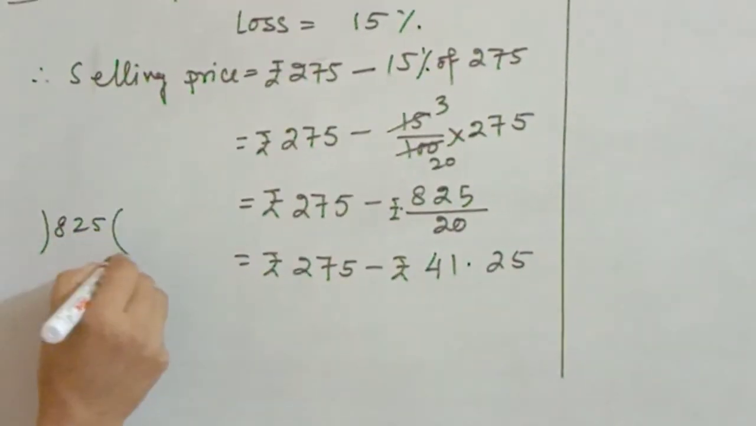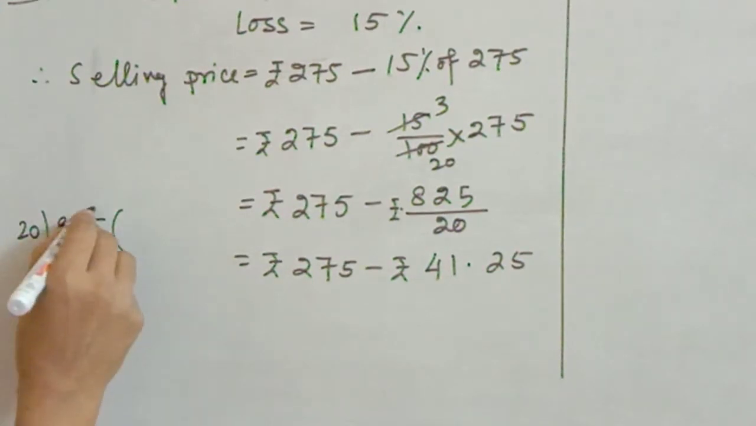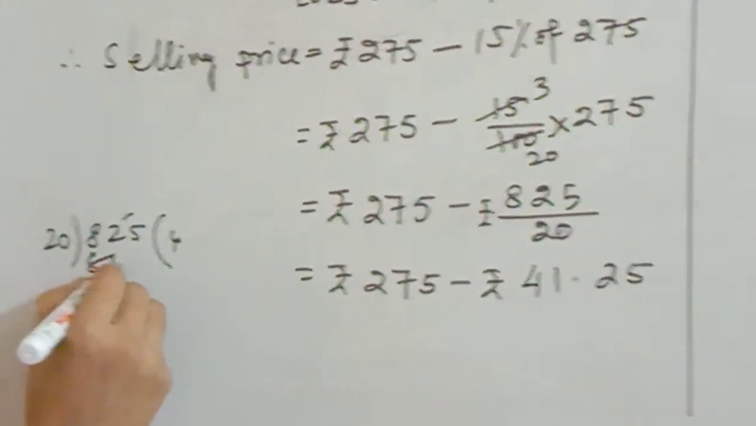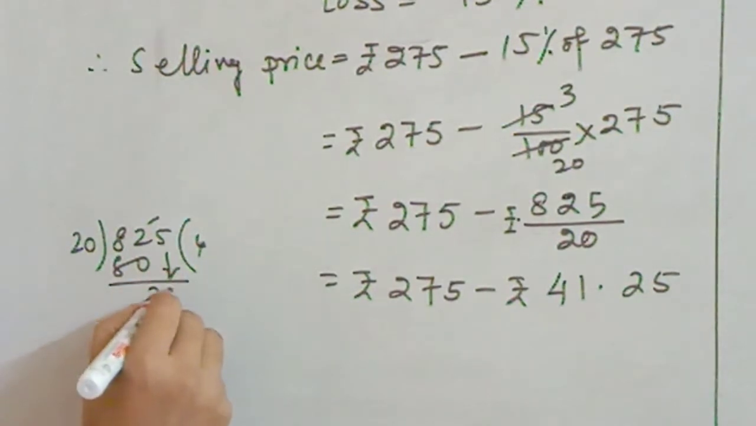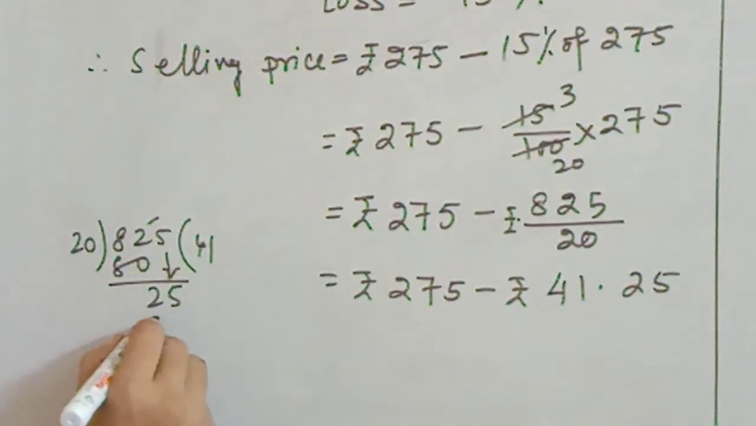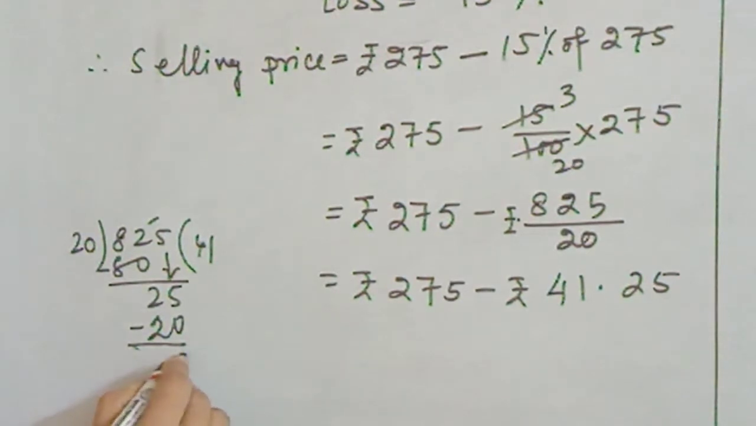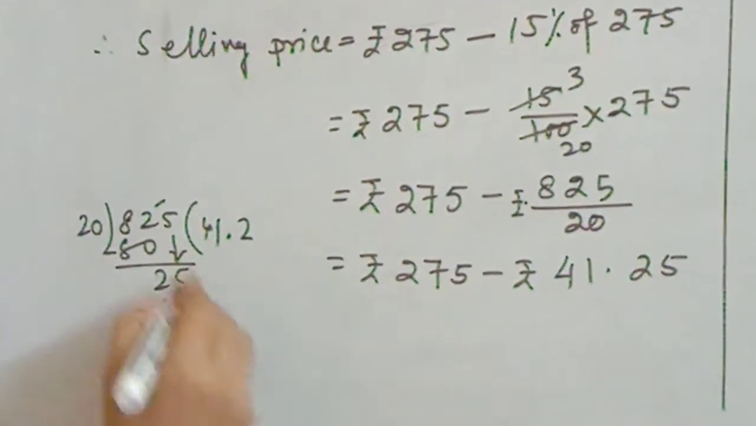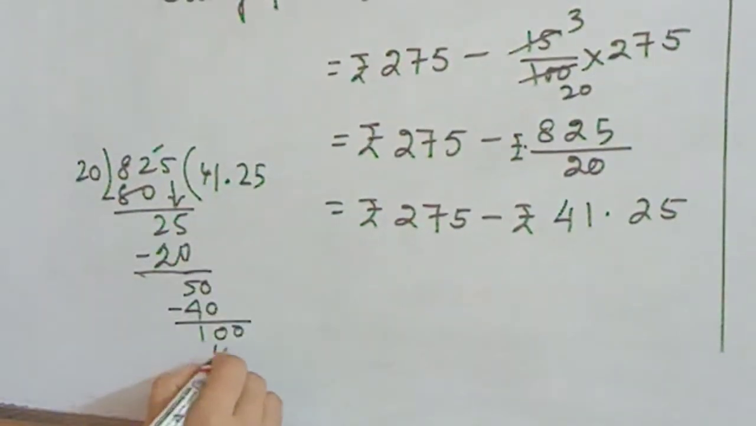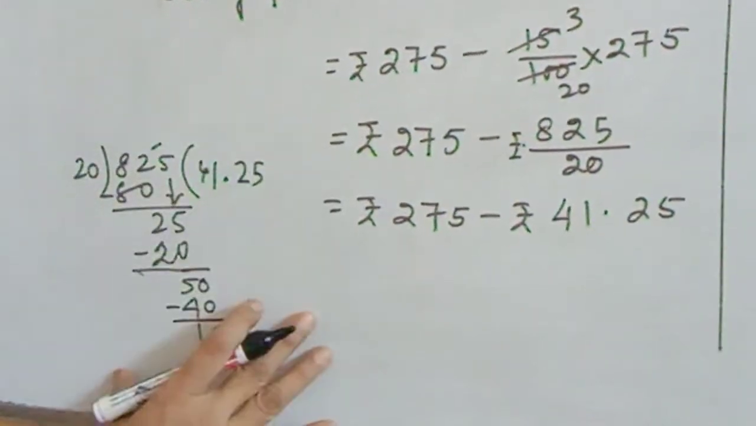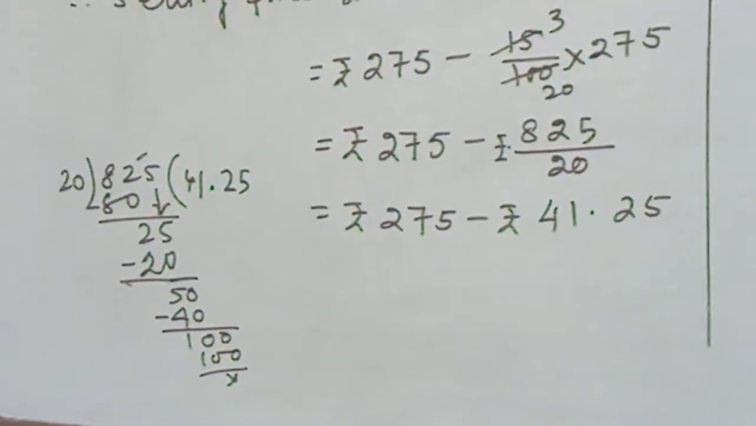825 by 20, 4 20s are 80, 2 and 5 will come here, 1, so 20, subtract it, 5 and 0. 2 2s are 40, 20s are 40, 1 and 1, because of this point you will take 0, then 5 20s are 100. Okay, this kind of rough work you will do always in the right side of your copy and draw a